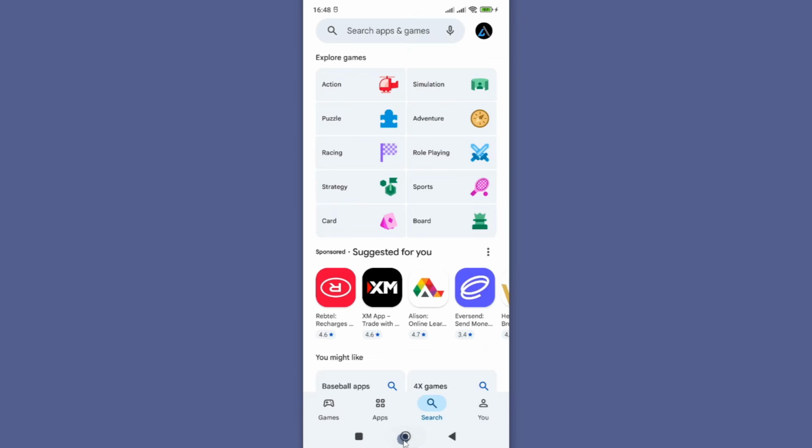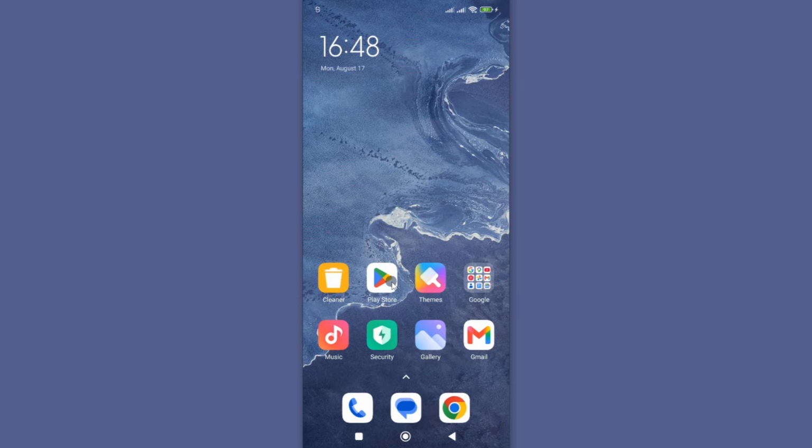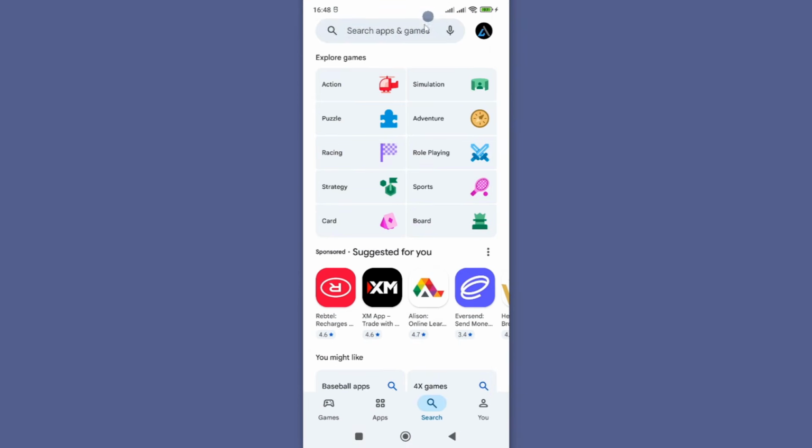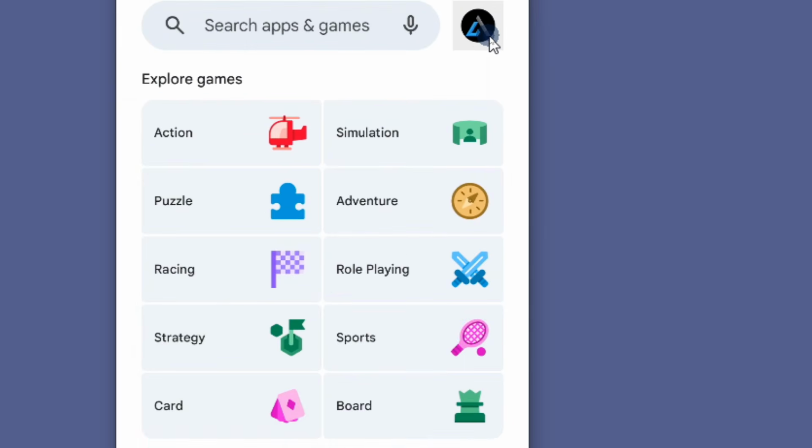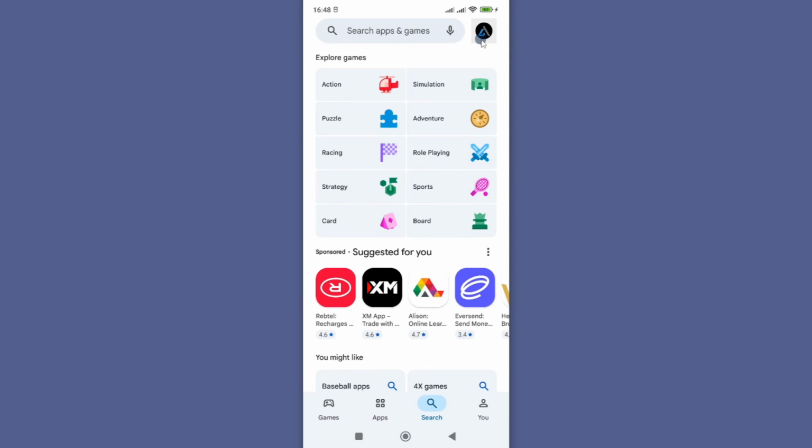To fix this, just go back to your phone and look for Google Play Store. Tap on it to open. From here, make sure you are logged in with your Gmail account before you can search for your app. However, if you're already logged in but unable to download and install this app, then tap on your profile icon